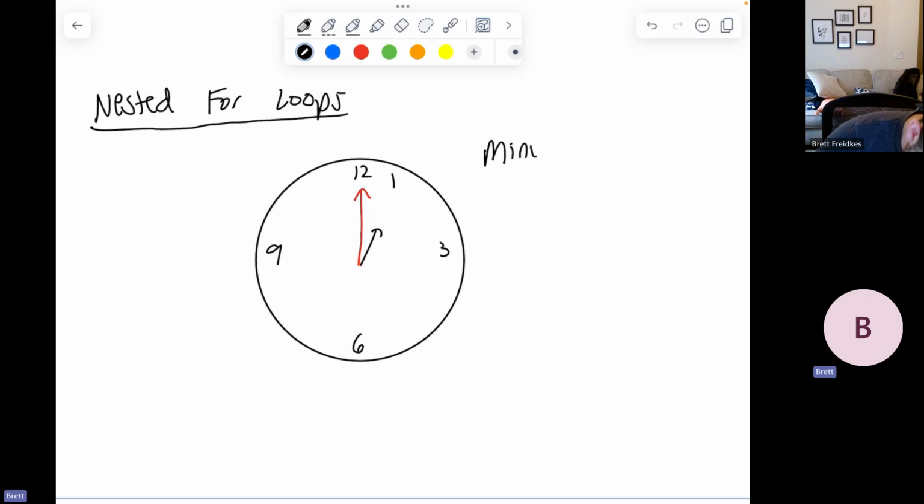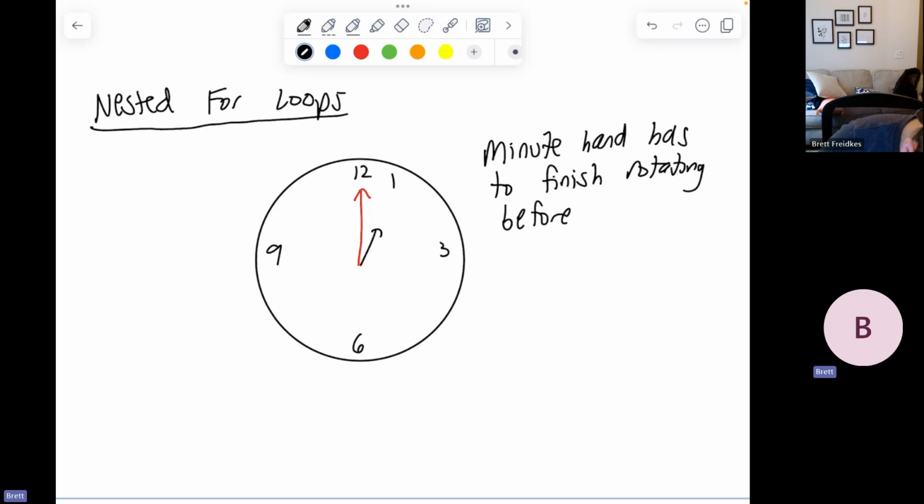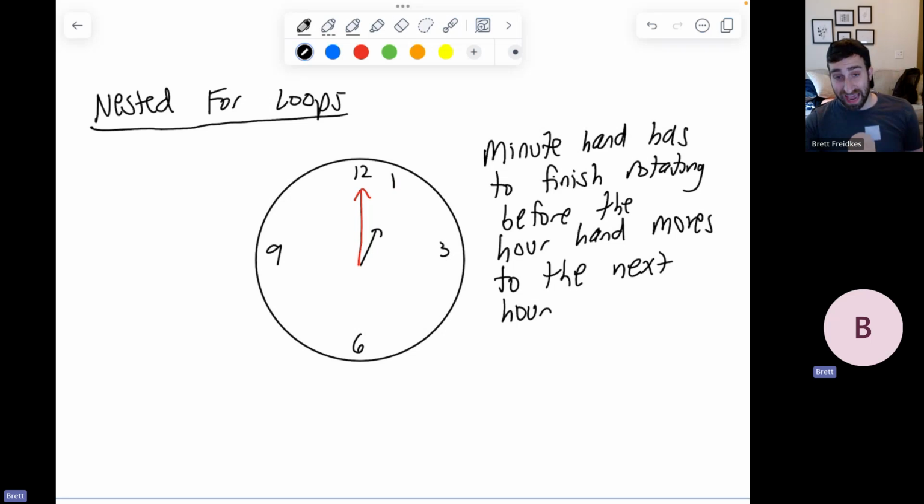So the minute hand has to finish rotating before the hour hand moves to the next hour. So the hour hand is just hanging out. It is always 12 o'clock with some minutes